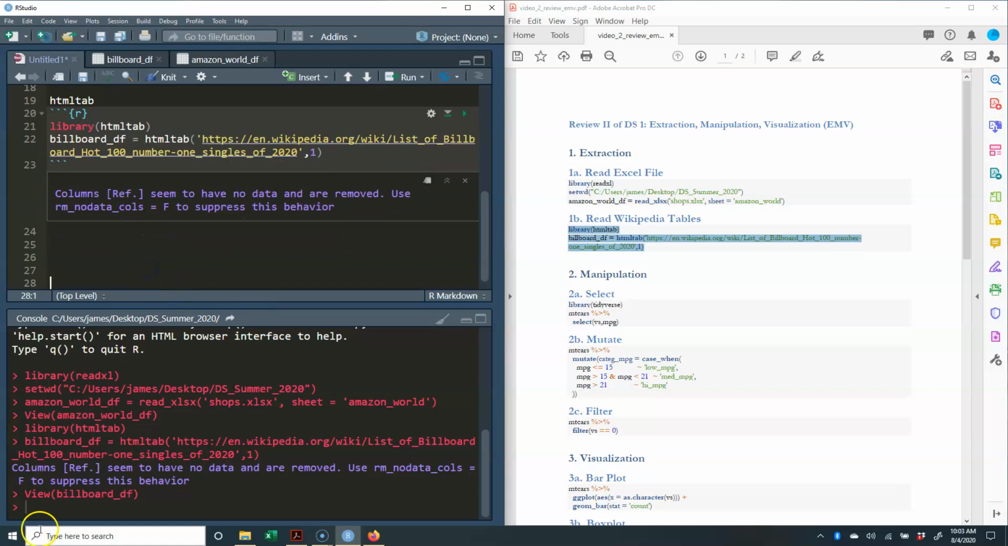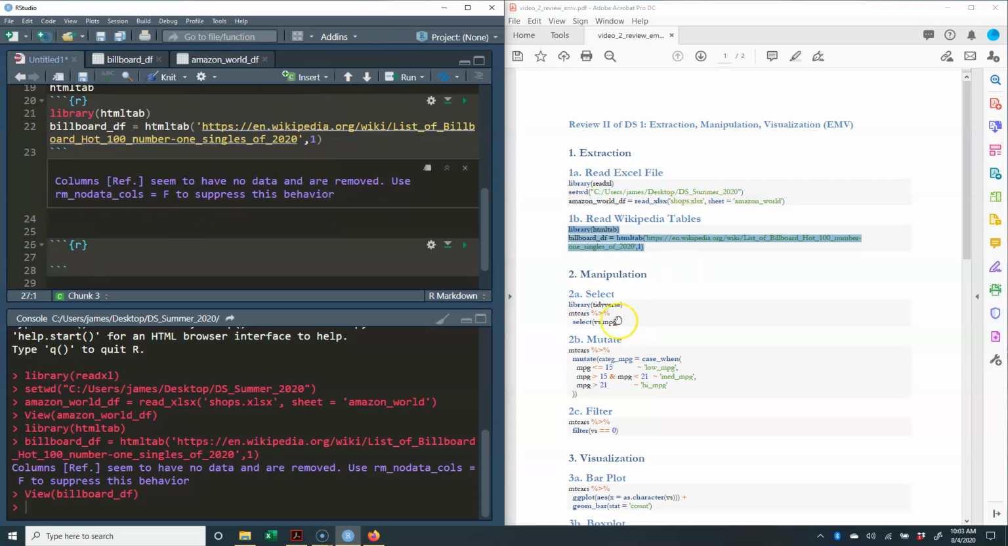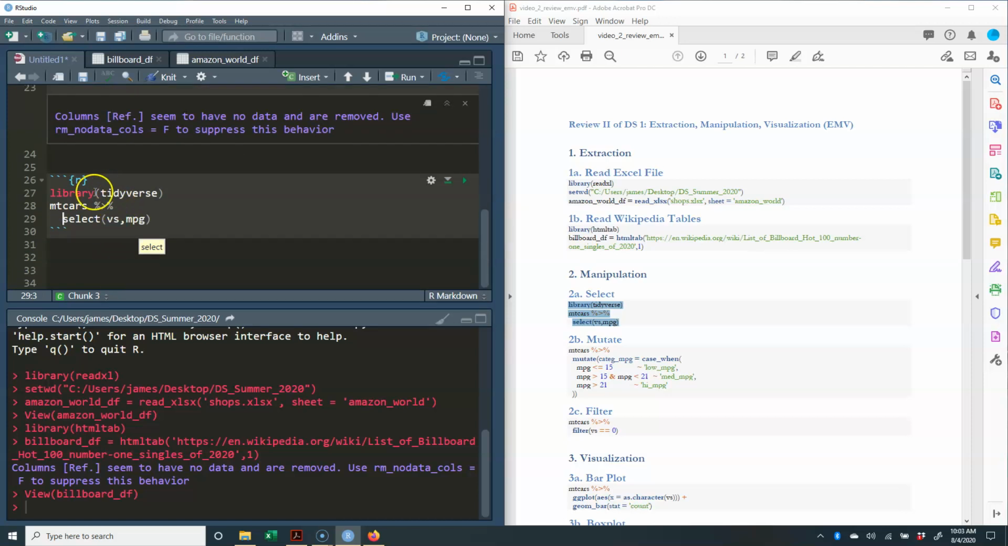When it comes to manipulation, there's select, mutate, and filter. So let's go ahead and practice. Let's see when it comes to select. Remember, when it comes to using these functions, you have to load the tidyverse package, and using the tidyverse package allows you to use the pipe. The pipe allows you to have the first argument that would be used within a function be outside of it. And so what this is going to allow us to do is just select the vs or